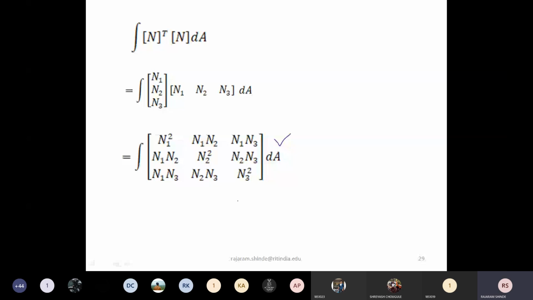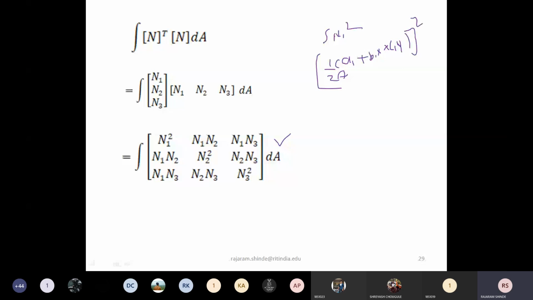Do you agree with this? Because we are going to take the square of this, and then we have to calculate the integration. With the help of the natural coordinate system, this integration becomes very simple. I will tell you how. See here, if you want to calculate the direct integration, that is the integration of N1 square, your N1 equation is 1 upon 2A into (a1 plus b1x plus c1y) and the whole square.